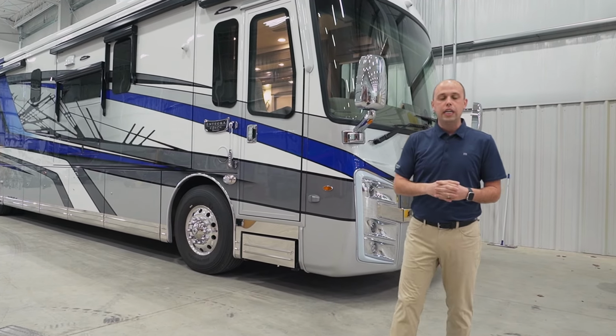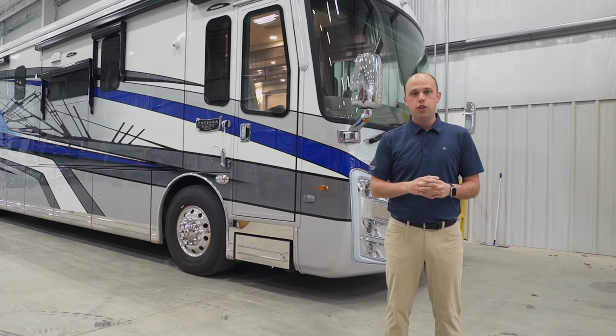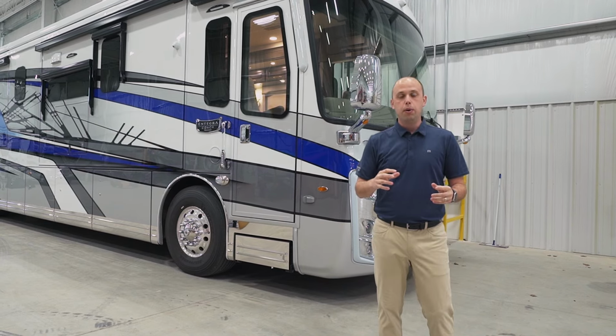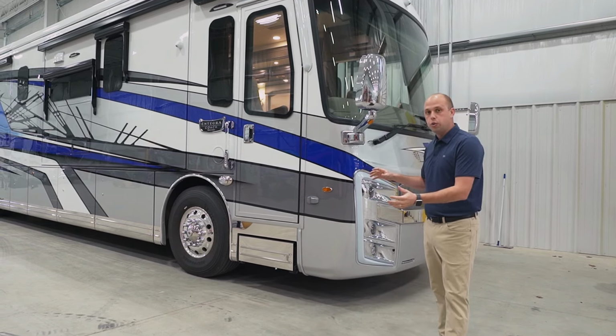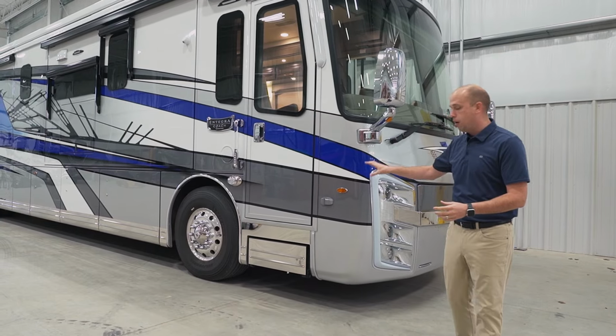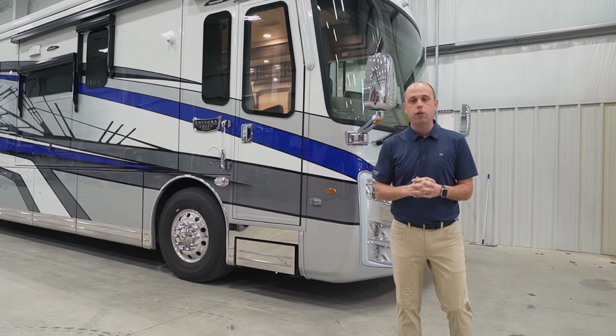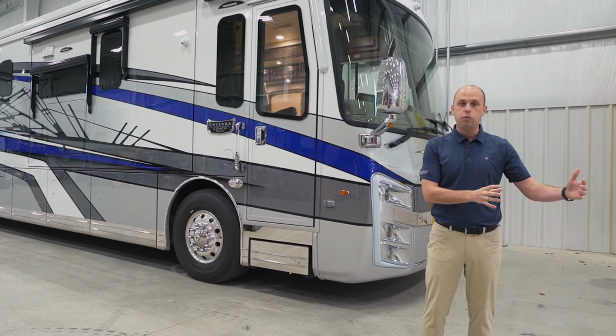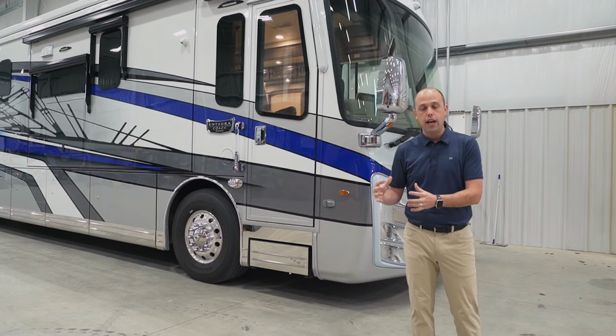We're continuing to use a Spartan K3 chassis, which we've been using for quite some time. It's been a great partnership. But even more exciting, new into the model year 2025, you now have the ability to option the Freightliner SL chassis. You're going to get the exact same powertrain on either the Spartan K3 chassis or the Freightliner SL chassis,